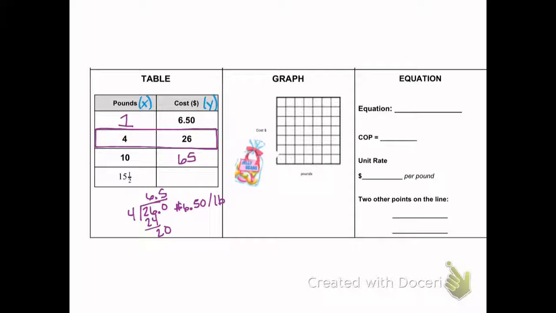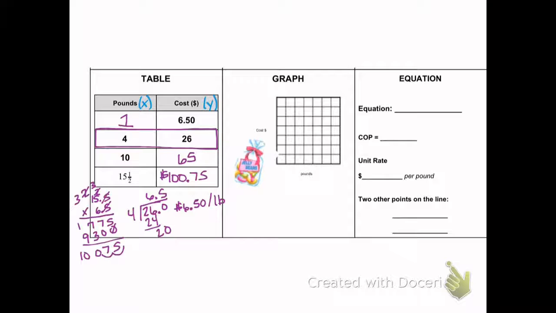And then if I want to figure out 15.5 pounds, so 15.5 times 6.5. 5 times 5 is 25. 5 times 5 is 25 again, plus 2 is 27. 5 times 1 is 5, plus 2 is 7, and I'm done with those, and 0 over. 6 times 5 is 30. 6 times 5 is 30 again, plus 3 is 33. And then 6 times 1 is 6, plus 3 is 9. Now I have 2 digits after the decimal, so 2 after the decimal. So 15.5 pounds would cost